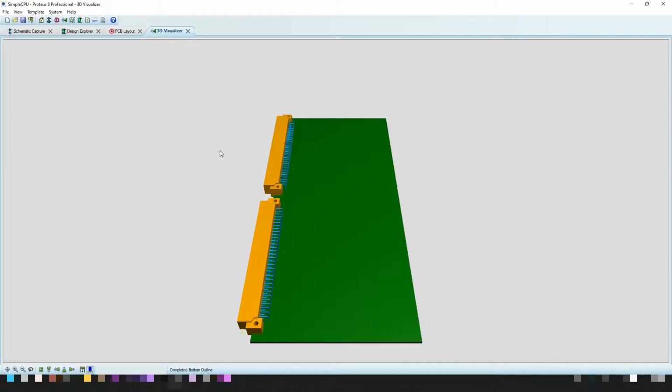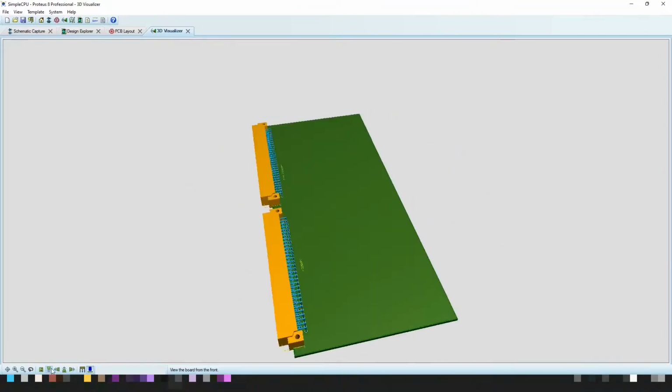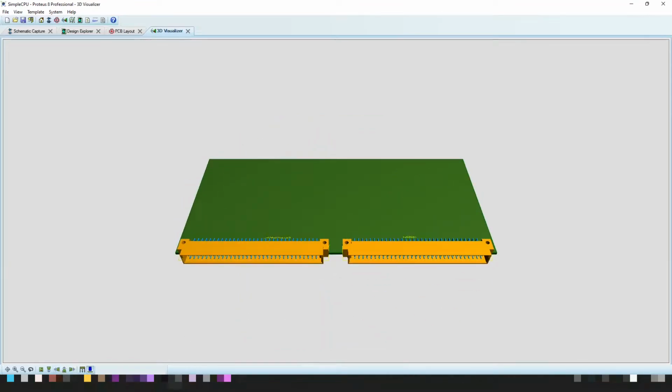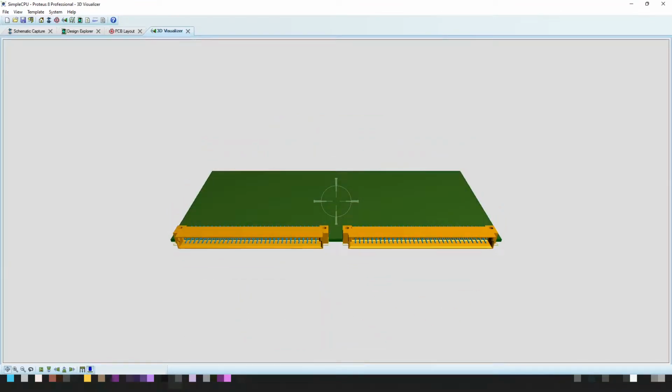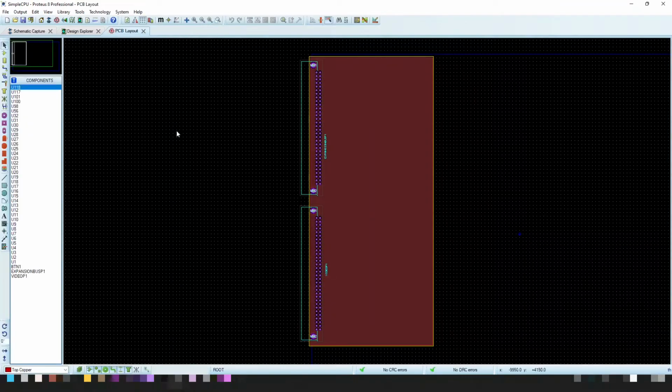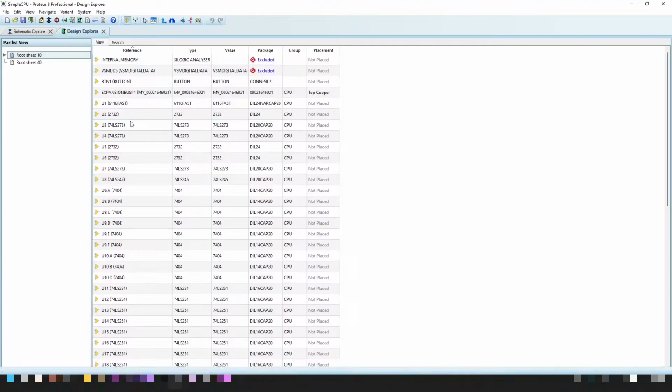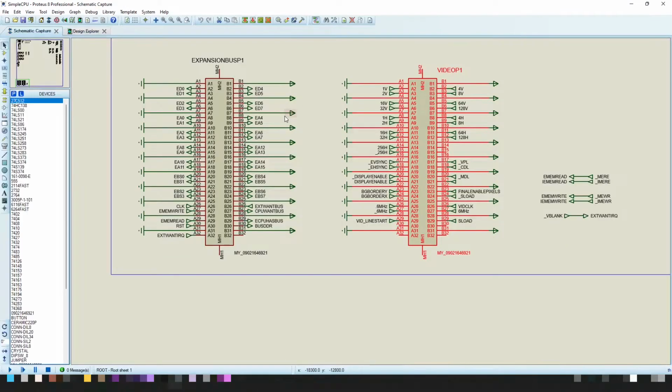And if I go to the rendered view, then you can see if I spin it around, you can see what the connectors look like. They're the standard connectors that are on the rest of the video hardware. Let's close that. Let's also close that. I don't need that. Zooming back out again,